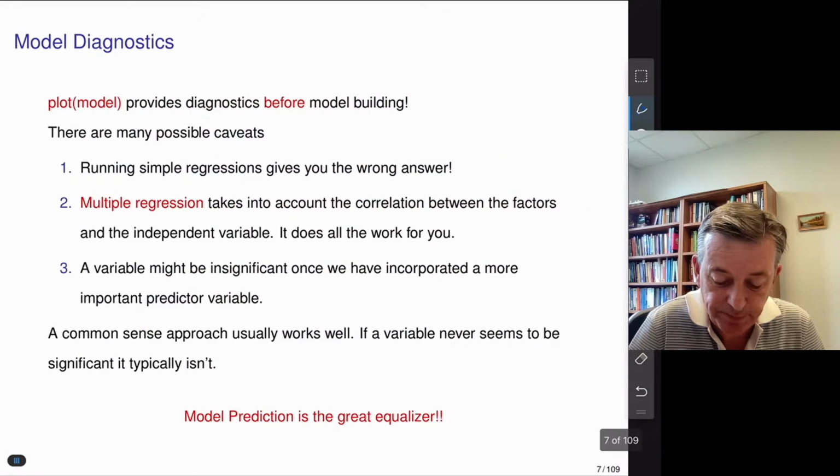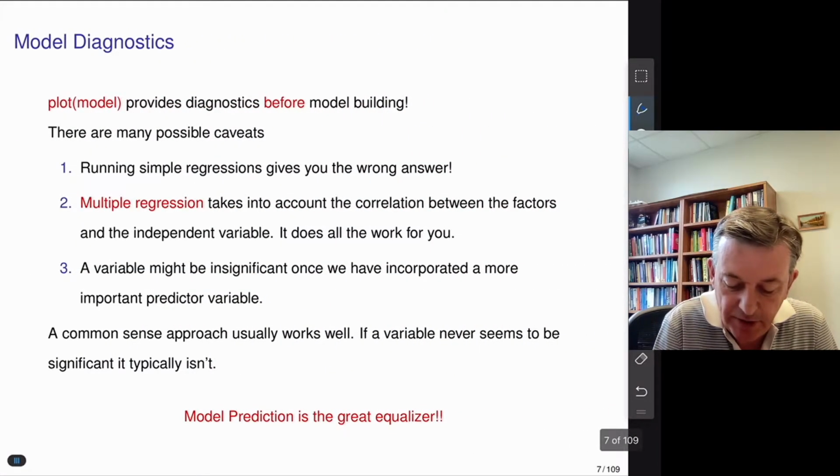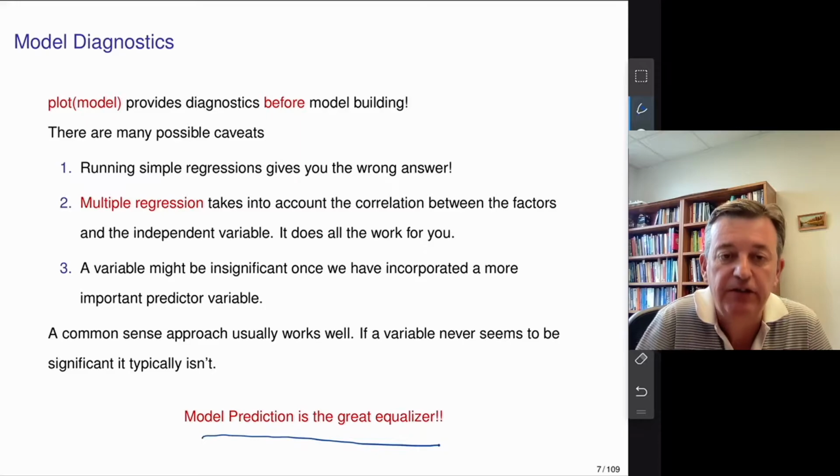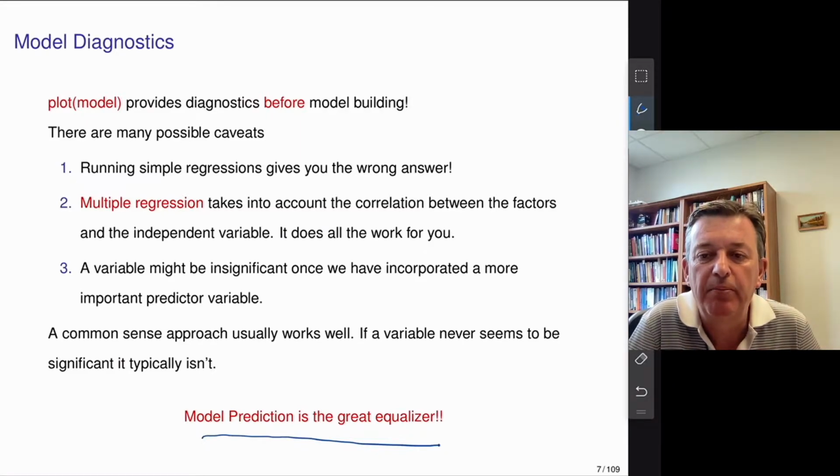equalizer of models. Okay, as I think I've said down here, model prediction is the great equalizer, and that's one big thing that the machine learning literature has brought to the statistics literature: looking at out of sample predictive mean squared error is typically a good way of helping you train models via cross validation, and a good way of not overfitting data. And it's good to understand the goal, that the goal really is to find models